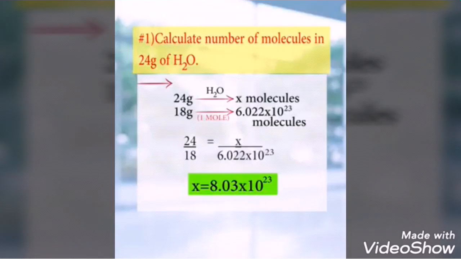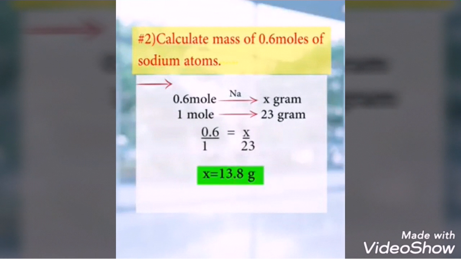One more. So beta, basically you will have difficulty in solving the numerical, so please calculate it on your own without using calculators. Look over this numerical. Calculate the number of molecules in 24 gram of water. How many molecules are there in 24 gram of water? So X molecules, and 18 gram is the molecular mass. In that, we know there are 6.022 into 10 to the power 23 molecules. So you apply criss cross, and this is how you will get the answer. So this pattern is very easy, but since you have already studied in 9th standard, you can apply formula-based numericals, or you can use the unitary method.